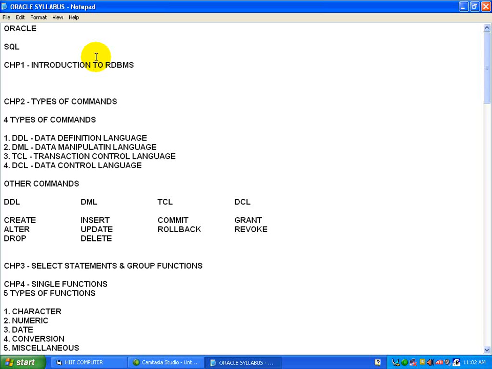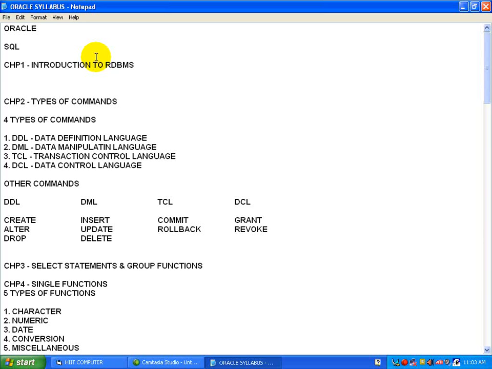The next is number data type. The number data type can store positive numbers, negative numbers, zeros, fixed point numbers, and floating point numbers with a precision of 38. Date data type. It is used to store date and time in a table. Oracle database makes use of its own format to store date in a fixed length of 7 bytes each for century, month, day, year, hour, minute, and second. Default date data type is DDMONYY, means 01 Jan 08.